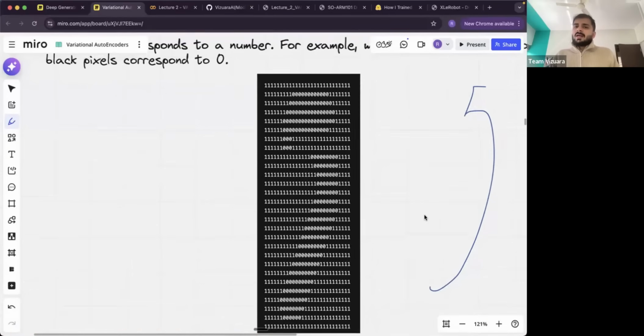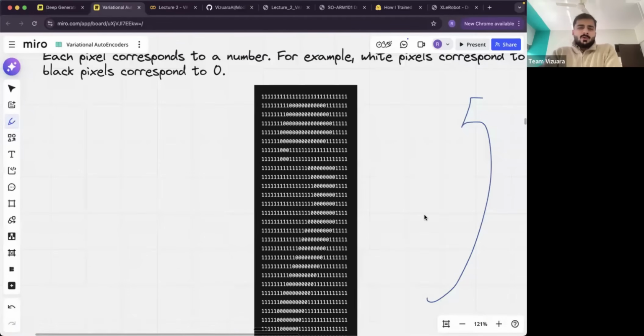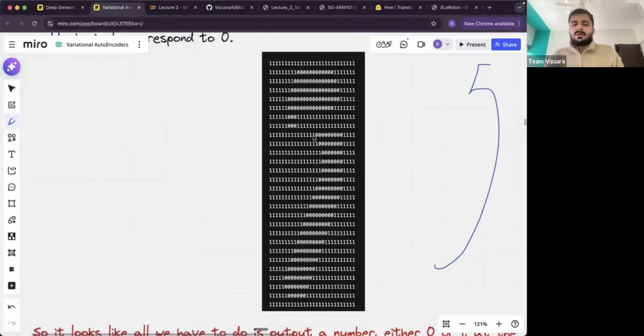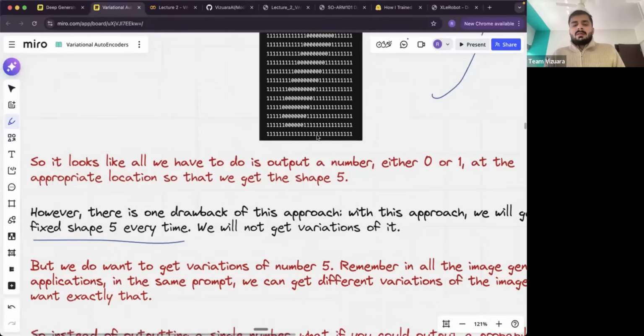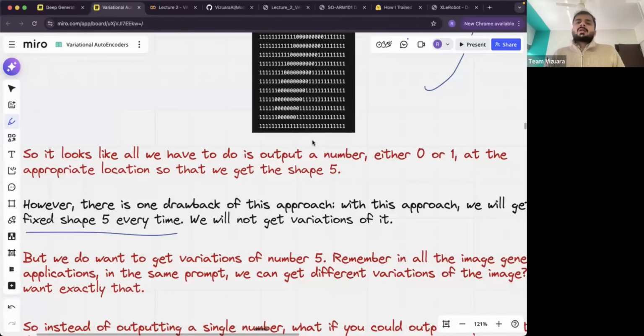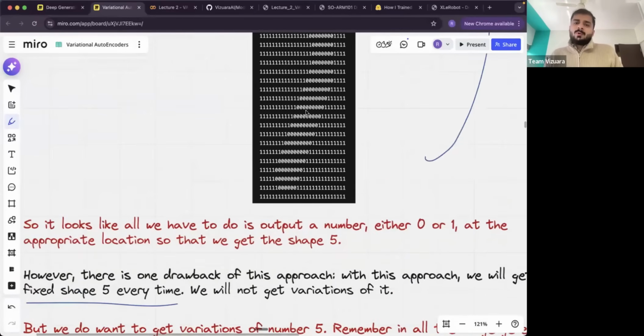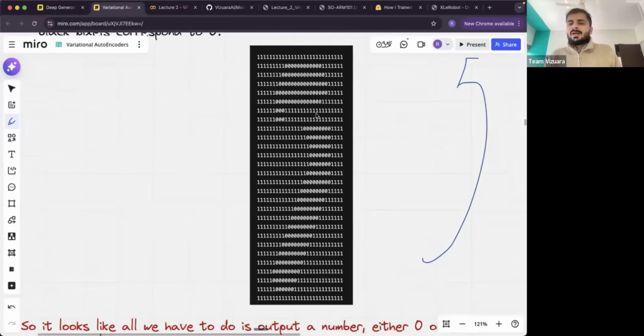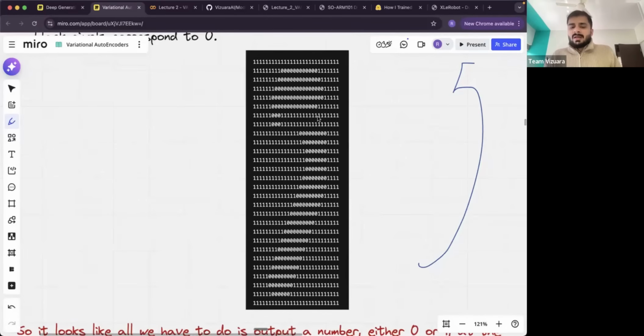Now, this is definitely one approach and this would also work. But in reality, what people do is, instead of outputting one number, they output a distribution. If we just output one number, we'll get a single number 5 every time. But if you have worked with generative models before, you know that if you ask the same prompt, you can get different answers every time, right? So to capture that variation,